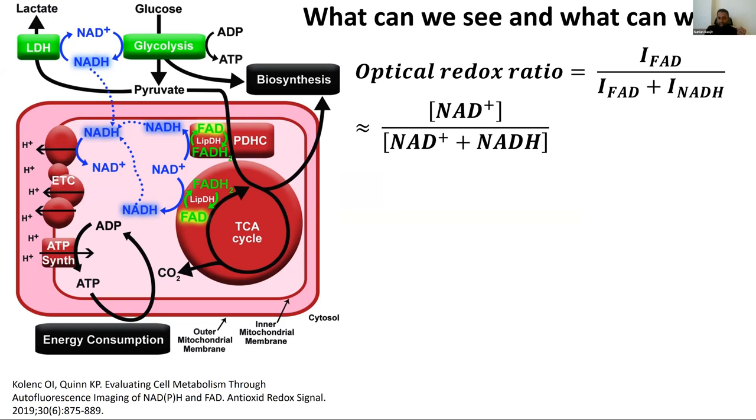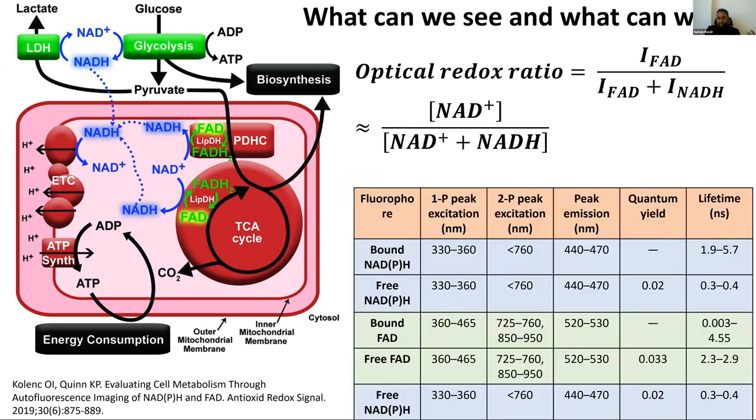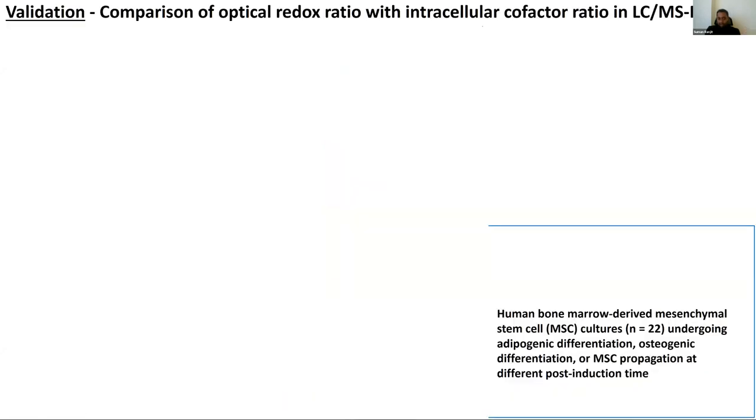Now, again, FAD and NADH can be separated spectrally. So this is a rather simple experiment. You could use 2-photon excitation to excite all four of them, and you can see them in different emission ranges to calculate this. Now, in terms of validation, whenever you are proposing a new technique, you have to validate